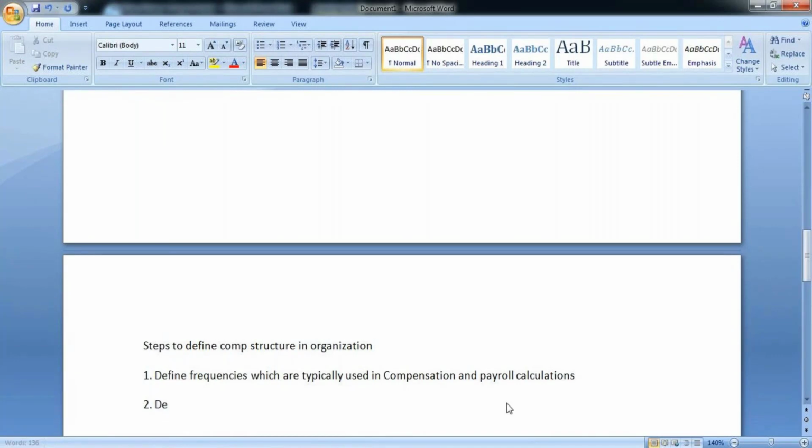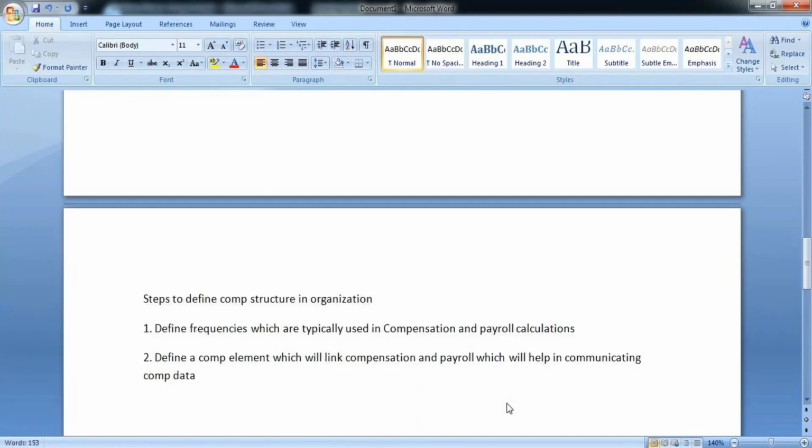So define an element, define a comp element which will link compensation and payroll, which will help in communicating comp data. That's how you typically perform the other steps. You'll be creating an element where you'll be linking both the compensation and payroll. So whatever you are defining in advanced compensation will be flowed to your payroll. And once you have everything flowing to payroll,